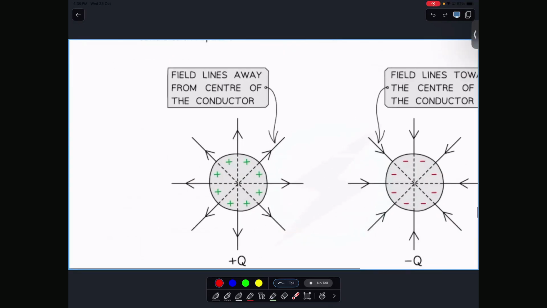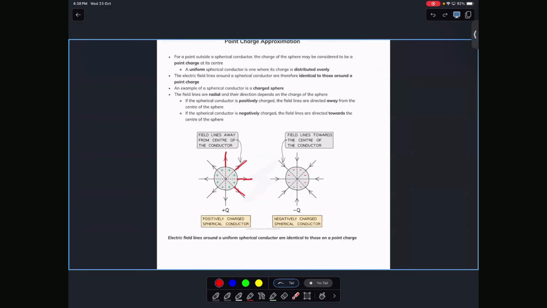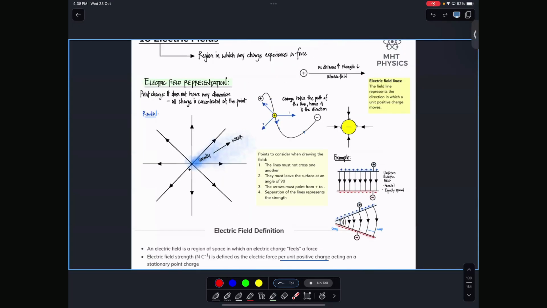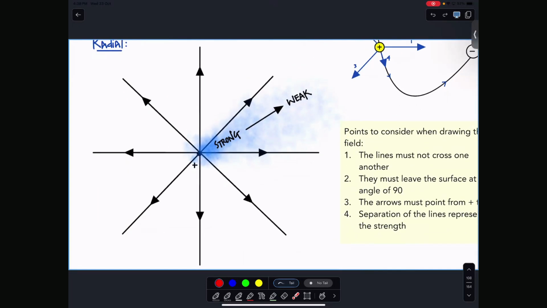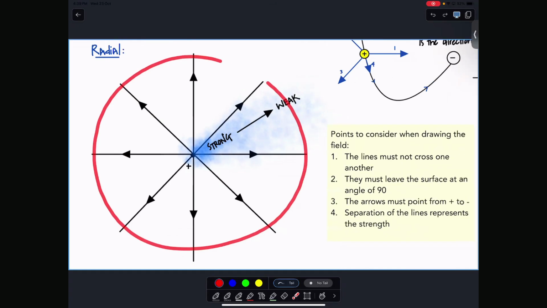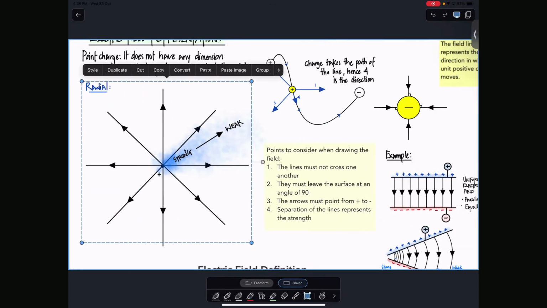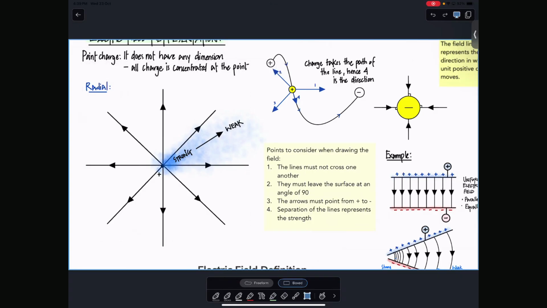If we had used a sphere, and we have drawn this diagram before, the field would be drawn based on the structure of a sphere. But let's say you don't take it as a sphere, you consider it to be a point. This is how it looks like. So we are done with this part. This is the diagram of your what? Non-uniform field around a point charge. And you guys are lucky that the syllabus only deals with point charges.